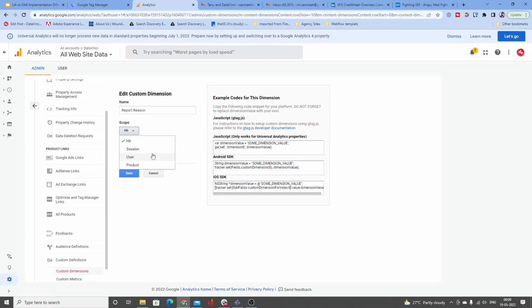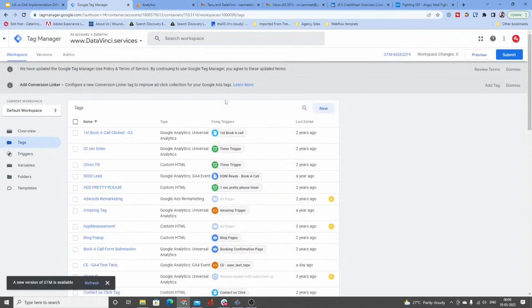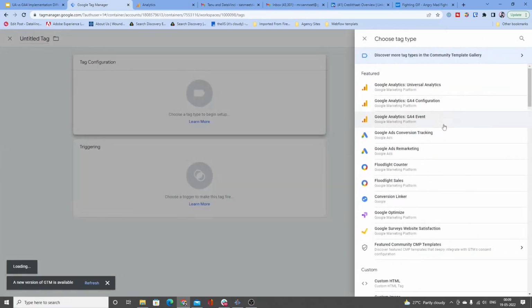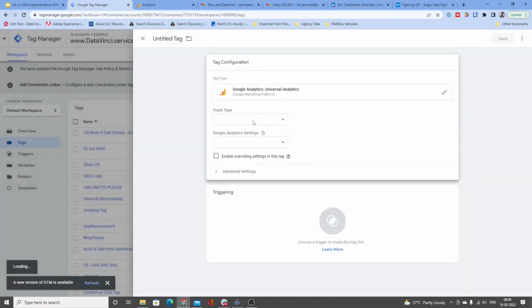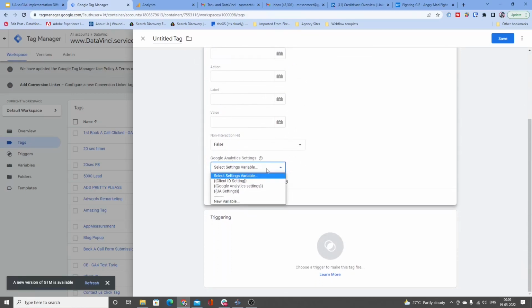So you get 50 custom dimensions in GA4 and 25 user properties. But let's say that you want to create a new custom dimension in Universal Analytics. You create a new custom dimension and then you get an index. So you first create a custom dimension in the backend, and then you go to your analytics interface, and then you will create an event, or any kind of event, even for page view. If you have to create a custom dimension, you will go over here,